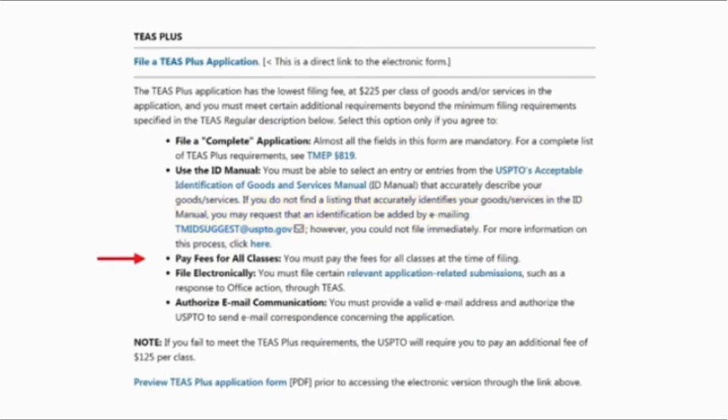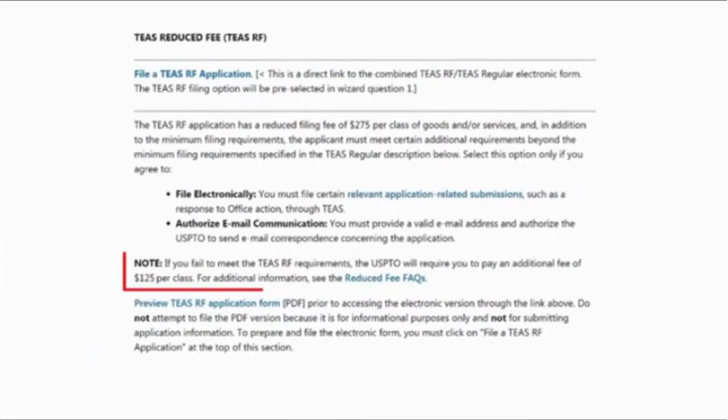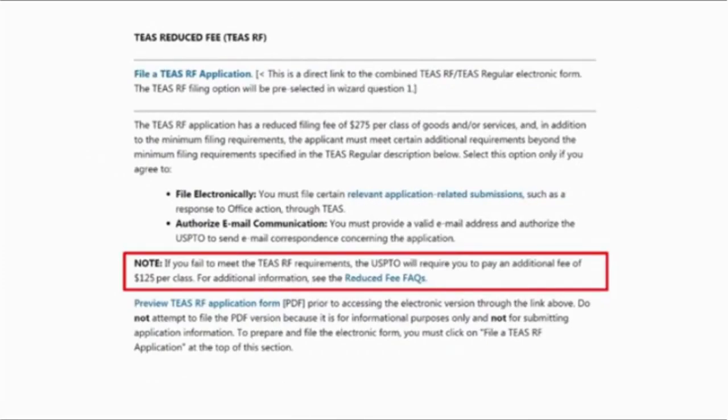When filing under TEAS Plus, you must also pay all filing fees at the time of filing, agree to file certain documents electronically, and receive all communications concerning the application via email. If you fail to file a complete TEAS Plus application, the office will remove your TEAS Plus status and treat your application as a TEAS Regular application. You will be required to pay an additional application processing fee per international class. The same is true if you fail to comply with the requirements for a TEAS RF application. Your application will be converted to a TEAS Regular application, and you will be required to pay the additional application